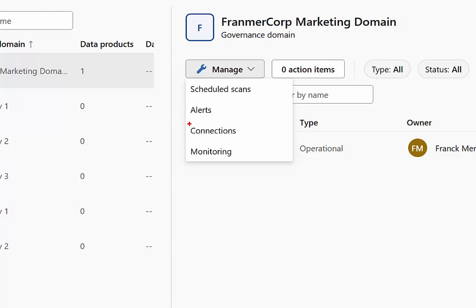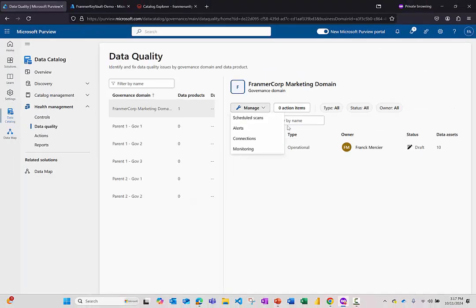The first thing you have to do is define connections to your data set. Again, the data quality scanner is totally different from the metadata scanner. It means that you also need specific permissions to have access here, like data steward permissions. So if I click on it,